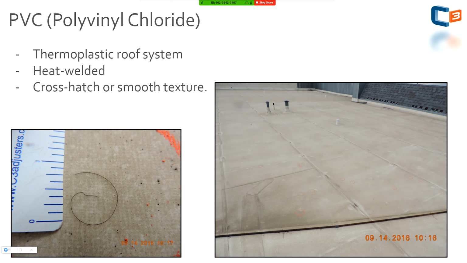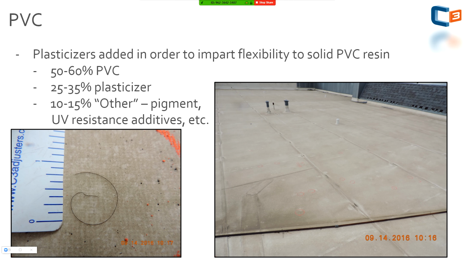So going on with other single plies, we have PVC, polyvinyl chloride. This is a thermoplastic roof system. It's going to be heat welded, so its seams are going to be heat welded, and it has a crosshatch or a smooth texture. So depending on the manufacturer, it can vary here. Composition-wise, you'll hear this is a very brittle roof system. A lot of people do not like PVC. A lot of people love PVC, but the fact is they rely on 25 to 35%